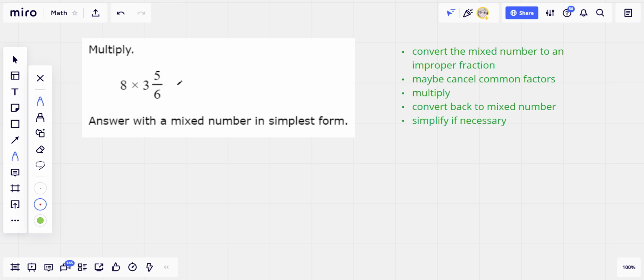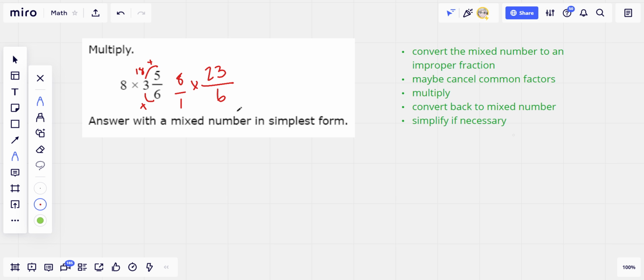Here we have 8 times 3 and 5/6. We're going to take this 3 and 5/6 and convert it to an improper fraction. The way we do that is we multiply the denominator by the whole number. 6 times 3 is 18. Then we add that to the numerator. 18 plus 5 is 23, and that goes over the original denominator. So 3 and 5/6 is the same thing as 23 sixths. And we're going to multiply that by 8, which we'll write as 8 over 1,